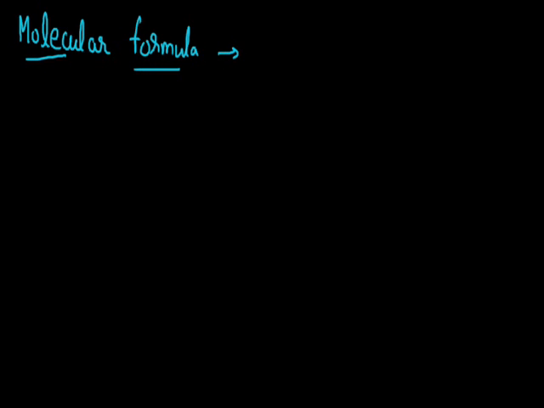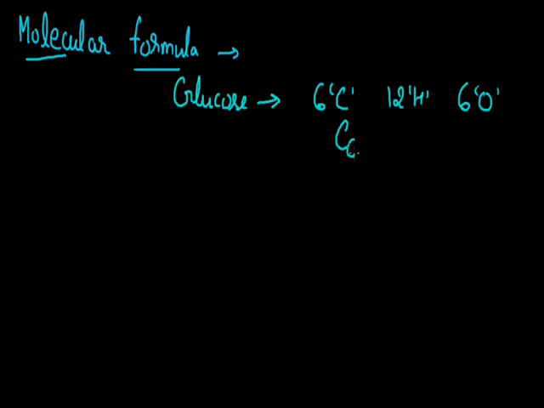Basically, the molecular formula is defined as that formula of a compound which indicates the actual number of atoms that are present in a molecule. Such as if I talk about the molecule of glucose, then in reality to form the molecule of glucose we need 6 atoms of carbon, 12 atoms of hydrogen and 6 atoms of oxygen. If I arrange these atoms with their number, the formula will be C6H12O6, and this formula which indicates the actual number of atoms present in one molecule is termed as molecular formula.